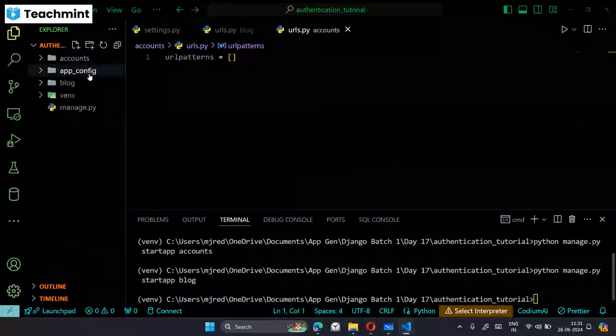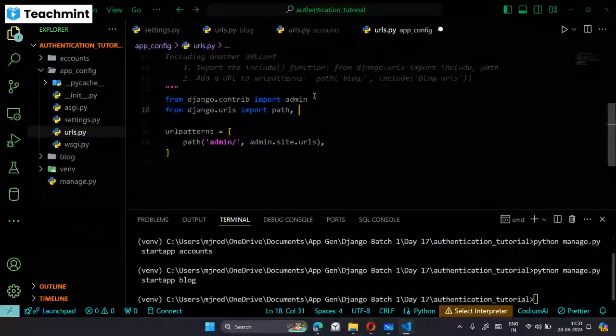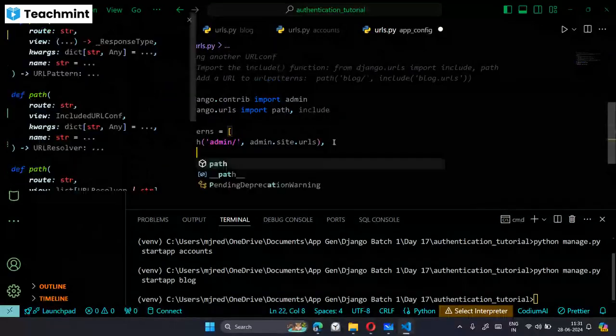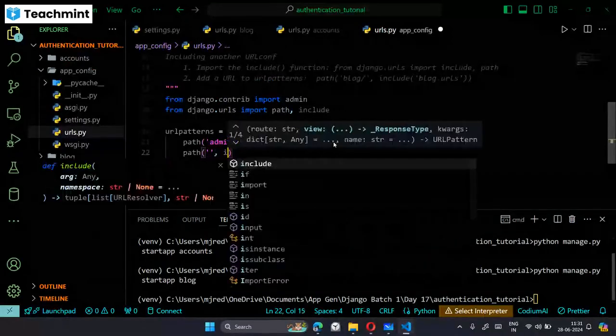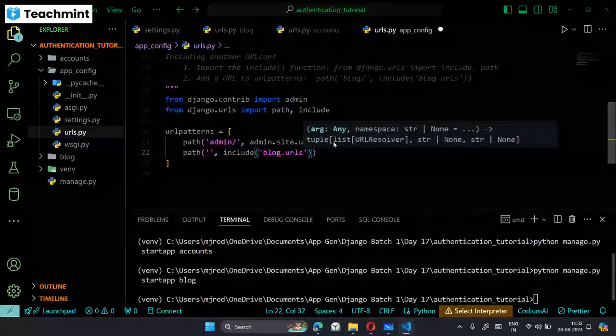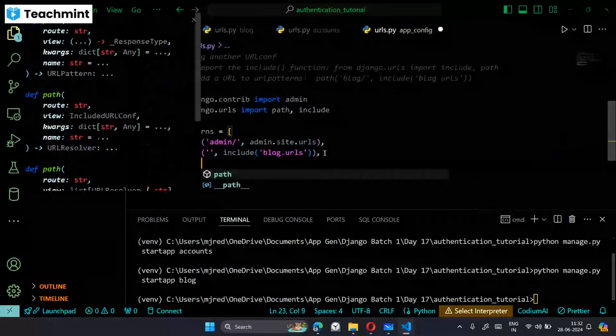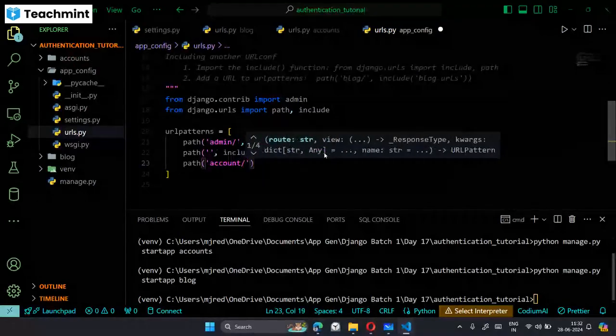Let me link those URL files to our admin as well. So for blog, I am giving the default URL. For account, I'm giving a subpath called account,